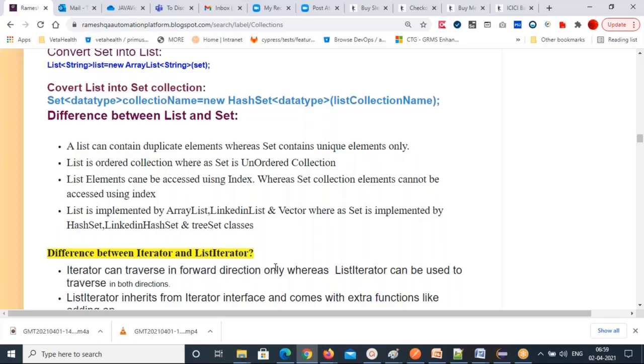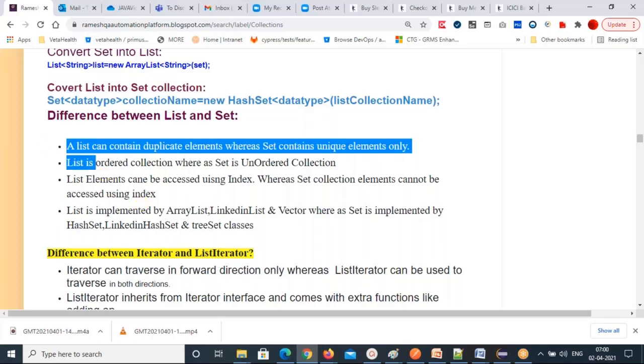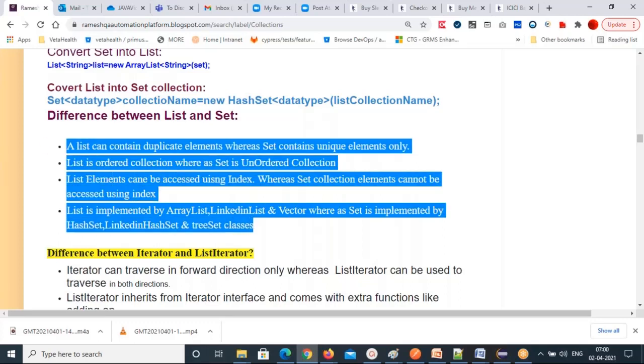List elements can be accessed using the index, whereas set collection elements cannot be accessed using an index. List is implemented by ArrayList, LinkedList, and Vector classes, whereas set is implemented by HashSet, LinkedHashSet, and TreeSet classes. Nice points, right? If you can explain these four points, more than enough. Okay.